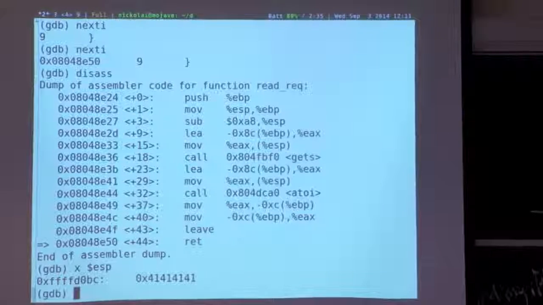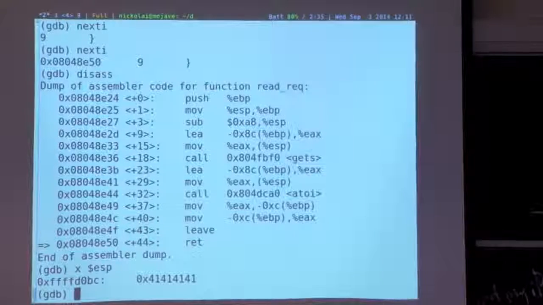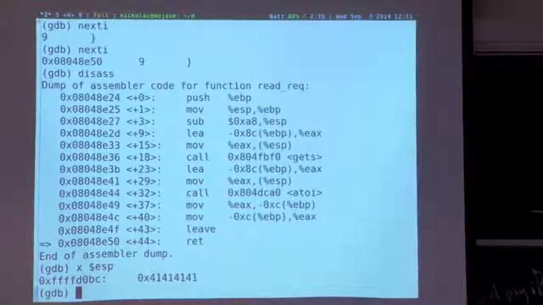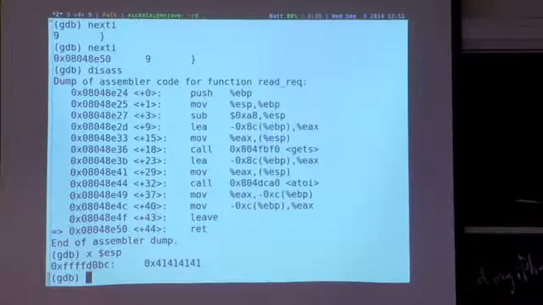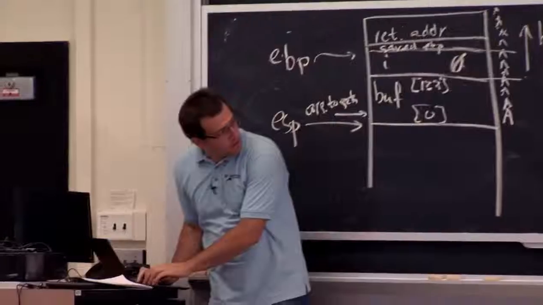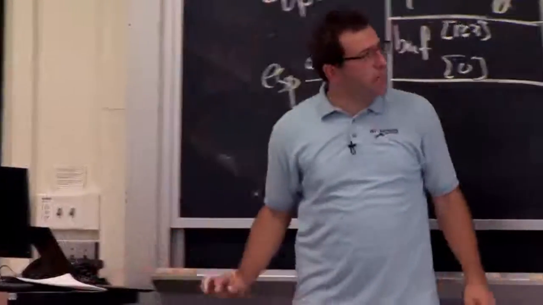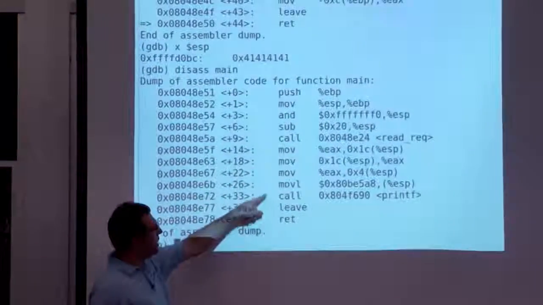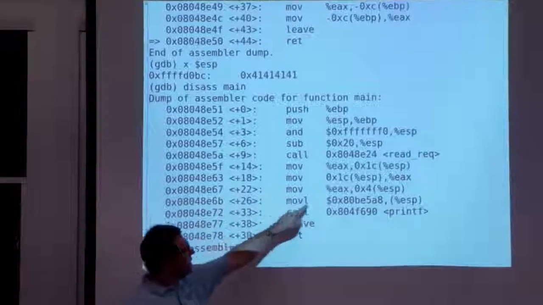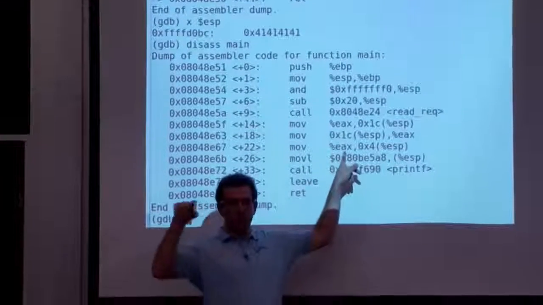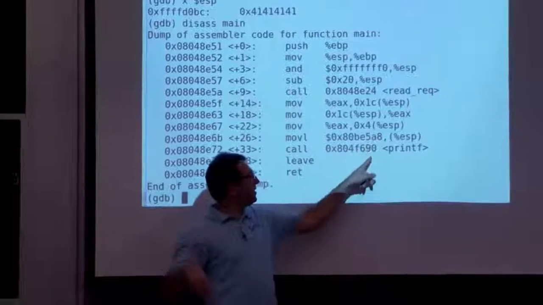What interesting things could we do? Unfortunately, this program is pretty limited. There's almost nothing in the program's code where you could jump and do anything interesting. But maybe we can do a little bit of something interesting. Maybe we'll find that printf in main and jump directly there and get it to print the x val, or x equals something. So we can actually disassemble the main function. And main does a bunch of stuff, initializes, calls redirect, does some more stuff, and then calls printf. So how about we jump to this point, which sets up the argument to printf, which is x equals %d, and then actually calls printf.